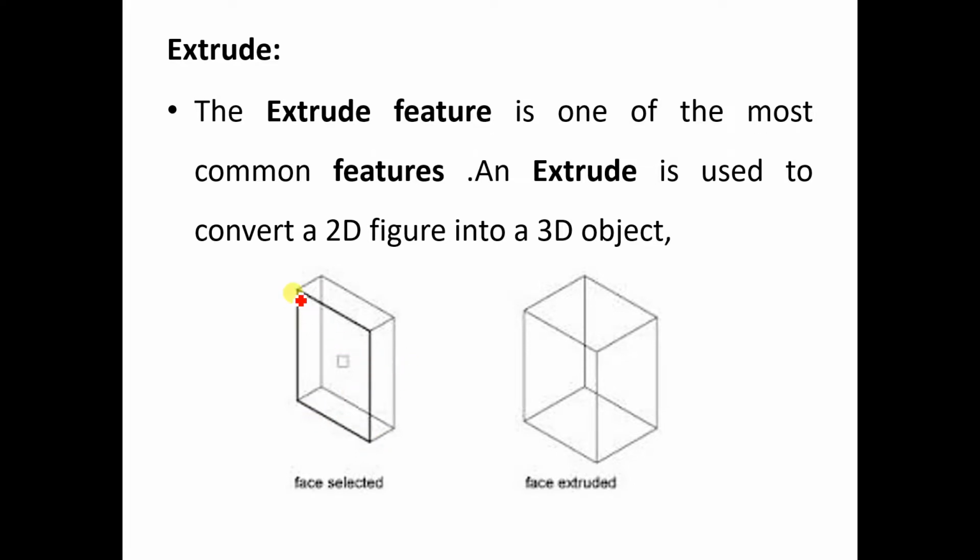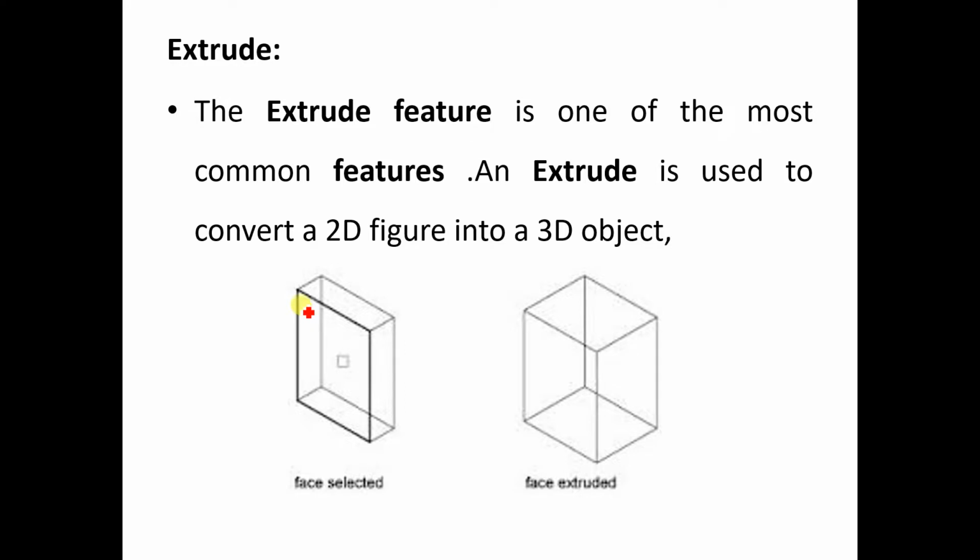Some of you would have drawn a rectangle using lines. You would have used 4 lines to draw this square or rectangle, and afterwards you would have used extrude. But if it is 4 separate objects, you will not get a solid. After drawing 4 lines, you have to use the region command, join all these lines and convert them into a single object, and after that you give extrude, then only you will get the extrude.